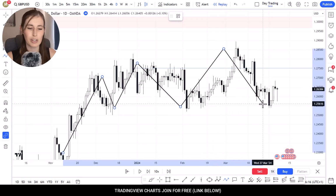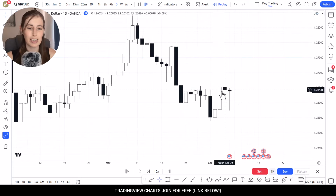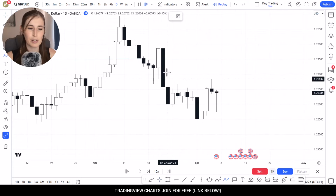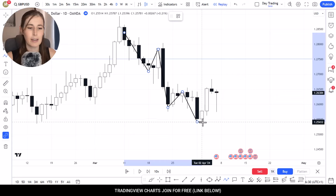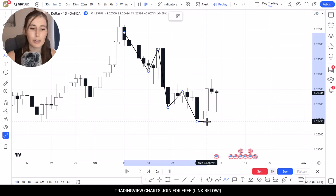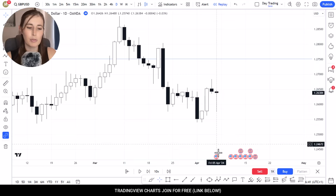We have been ranging. But zooming in on the most recent daily action here, this is a very interesting pattern. Although price has been in a temporary pullback, making lower lows and lower highs, made a low here. Last week on the Wednesday, we saw a huge bullish push up that closed just above this previous pullback here. Since then, we had a couple of bearish candlesticks, and the most recent one, this candlestick here on the Friday,